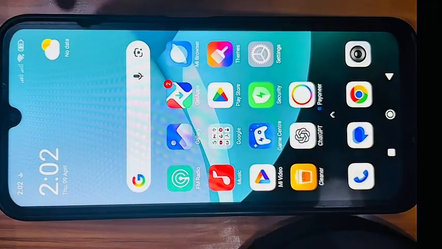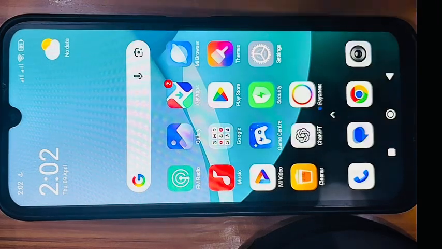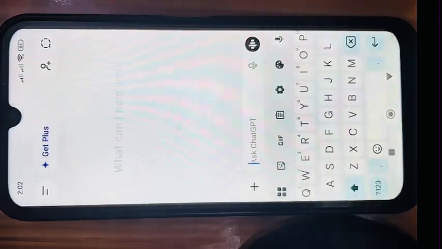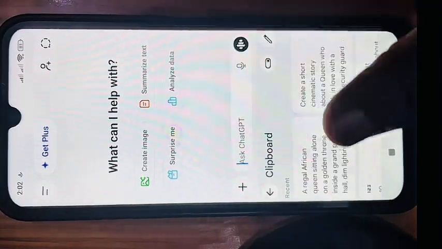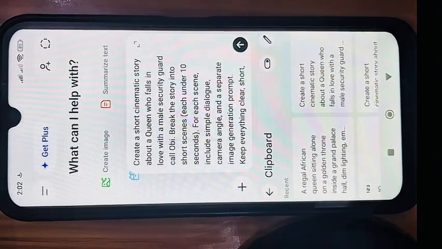The first thing I will do here is to click on my ChatGPT. So I'll tap on my ChatGPT and then it's going to take me to my ChatGPT, and then the next thing I will do here is to paste my prompts. I already have a custom prompt which I'll be dropping in the comment section, and according to the prompts,